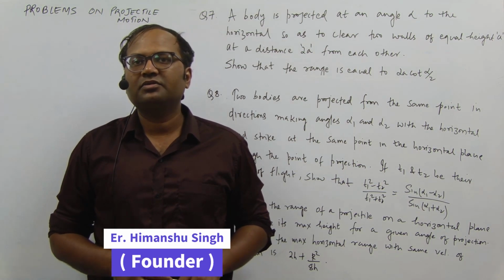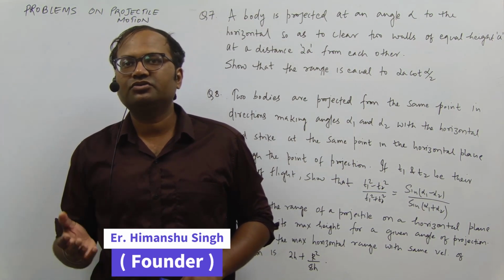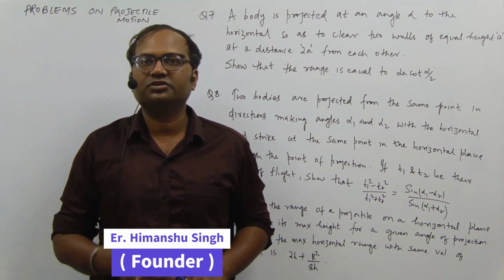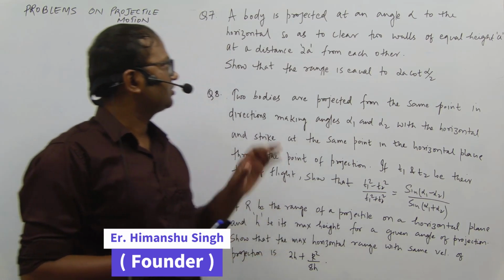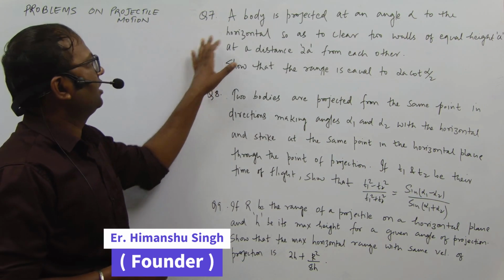In the last lecture we have discussed up to question number 6. So we will discuss question number 7 onwards in this particular lecture. Okay, so let's start. What is given in question number 7 is that a body is projected at